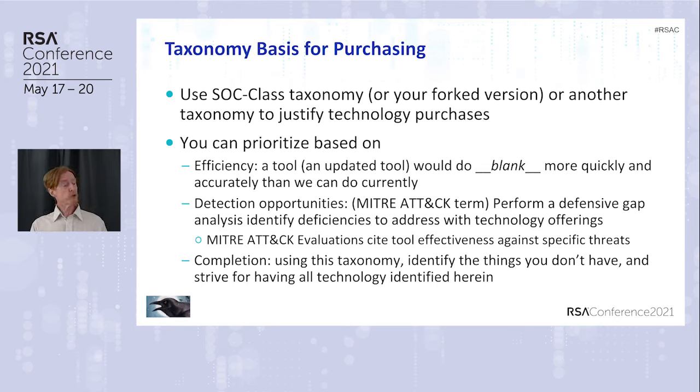So after you've done that and gotten to some sense of agreement across all your staff, I would like you to take this taxonomy, modify it to suit your purposes, or just start with the whole list, and then say, we should get a tool because we do this thing all the time, and this particular tool would make us more efficient in doing that thing. Right? That's a great selection criteria for technology.